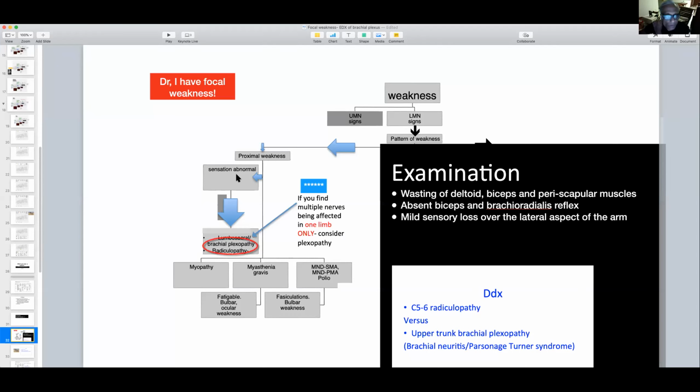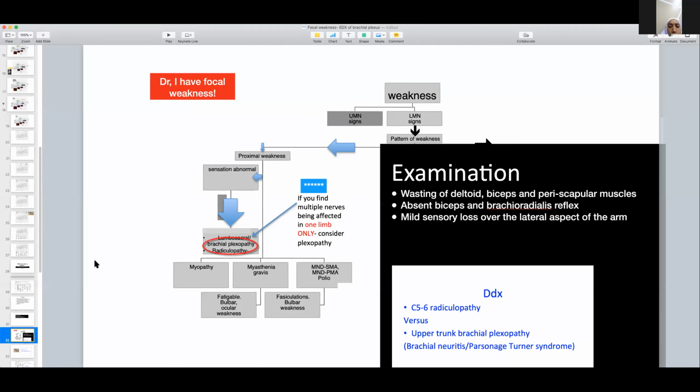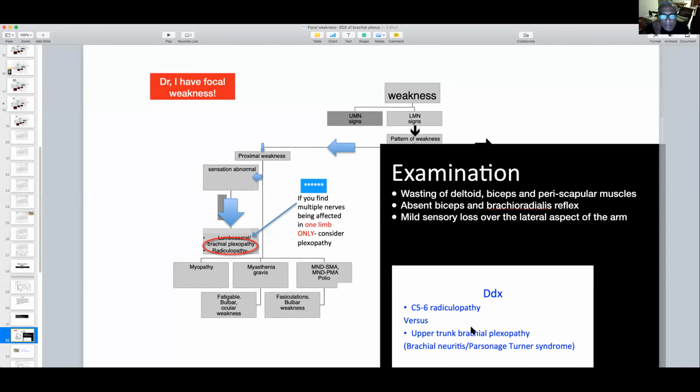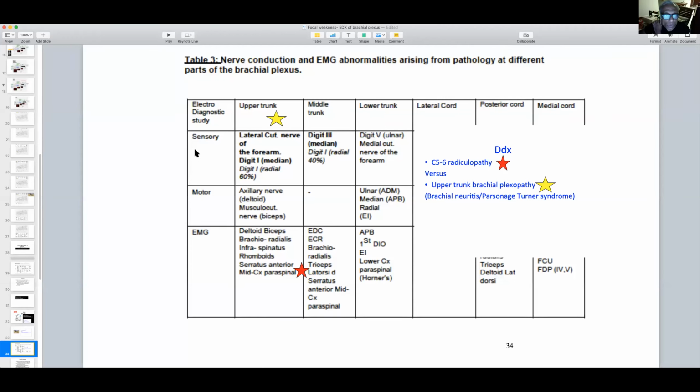In this case, obviously, because of the structures that are involved, this could be upper trunk brachial plexopathy, or we could be dealing with biceps and brachioradialis, so must be C5, C6 radiculopathy. So using our favorite animal, how do we differentiate between C5, C6 radiculopathy from upper trunk brachial plexopathy? You will take a table like this. You are thinking about upper trunk. If this was indeed upper trunk brachial plexopathy, as you would think about in a patient with, this story sounds very much like Parsonage-Turner syndrome,